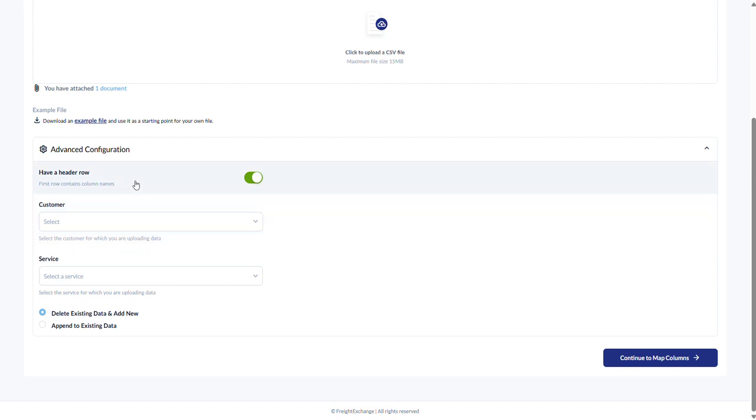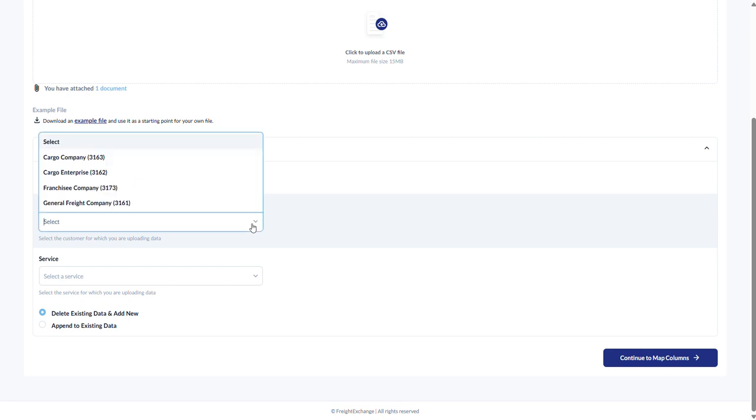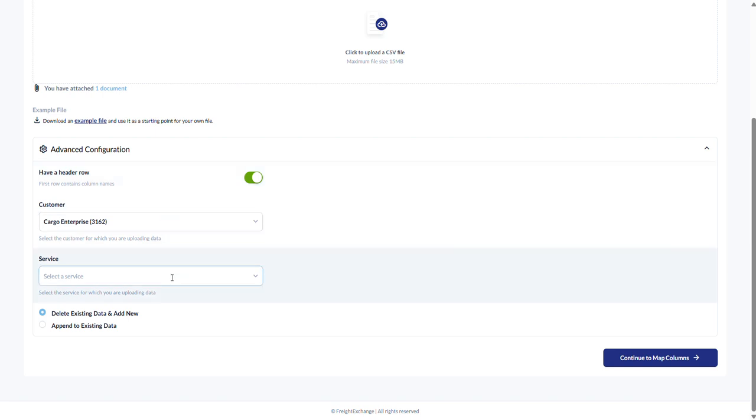So if your file contains column names, tick this button. If you're a parent account uploading for a specific child account, make sure to choose the child account from the list. And for this example, we will be uploading for this specific child account. Make sure that you also select the service that this list applies to and how you'd like the data to